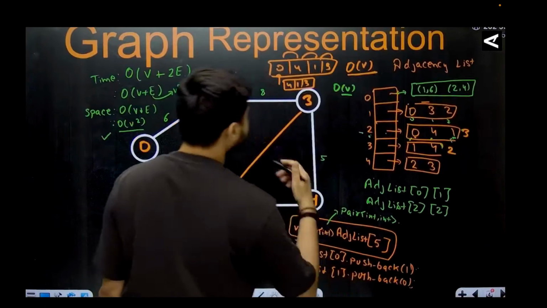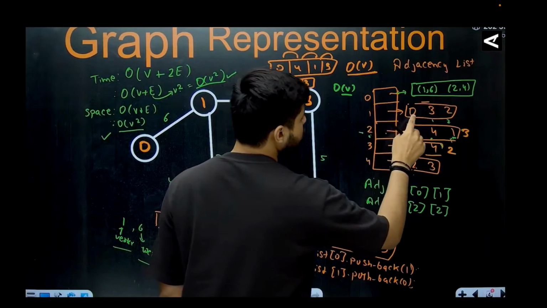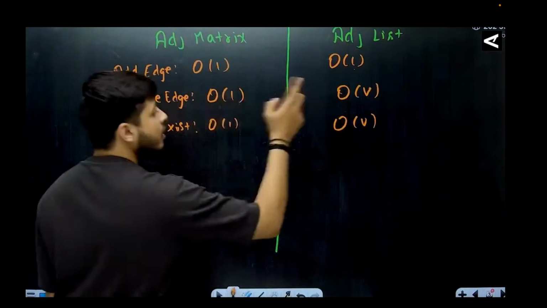और इसमें वही काम ऑर्डर ऑफ बी टाइम में, क्यों, क्योंकि मुझे जाके इंडिविजुअली चेक करना पड़ेगा कि मैं 1 से 2 पे चेक करूंगा, 1 पे गया 2 के लिए देगा 2 नहीं है नहीं है नहीं है, लास्ट में जाके मिला, और वर्स्ट केस में बी हो सकती है, तो इसलिए मैंने ऑर्डर ऑफ बी लिख दिया। क्लियर।